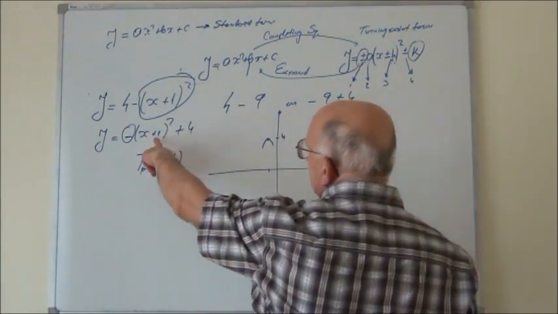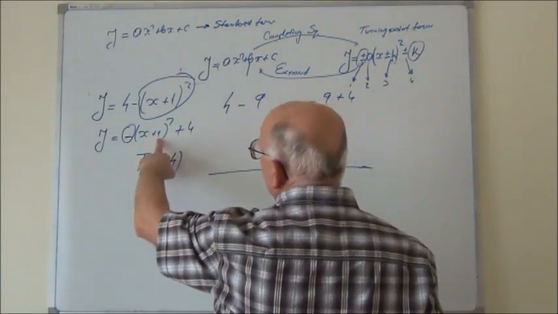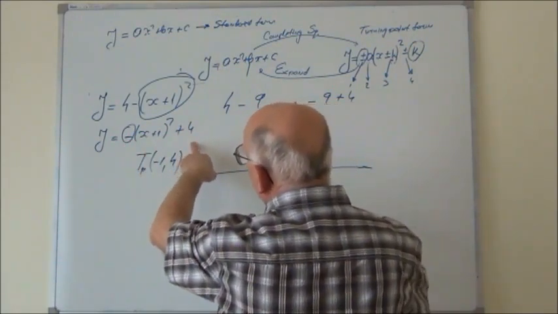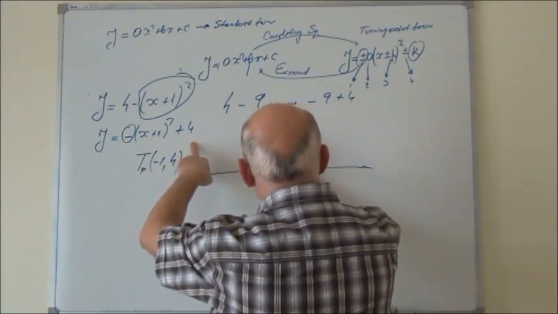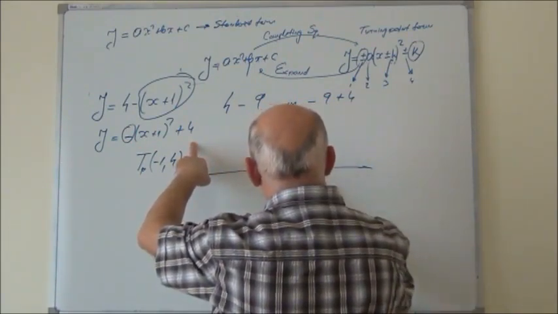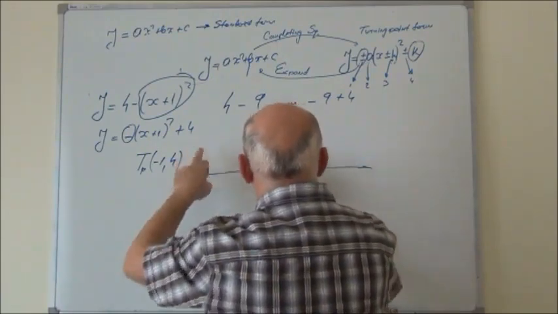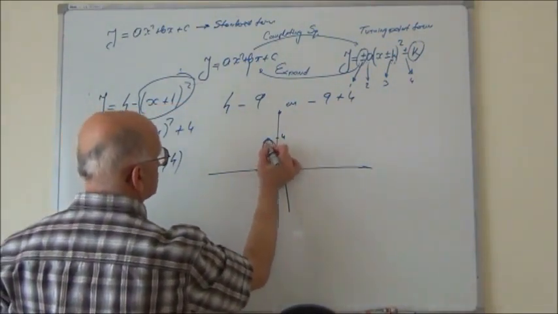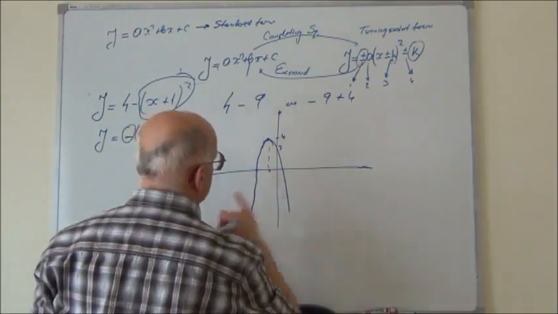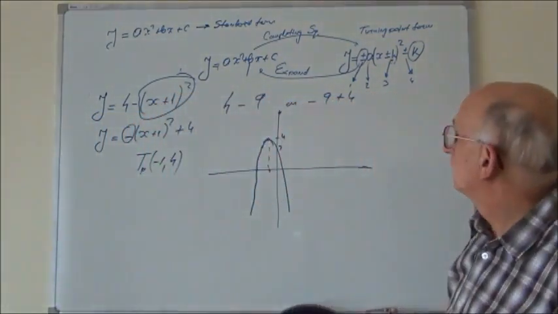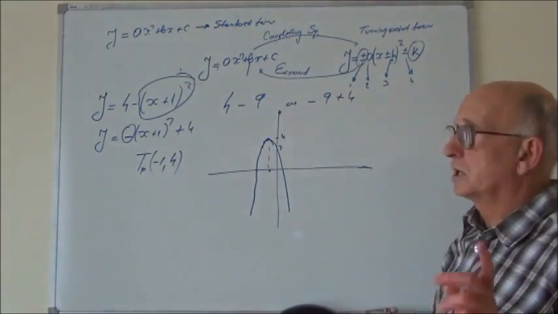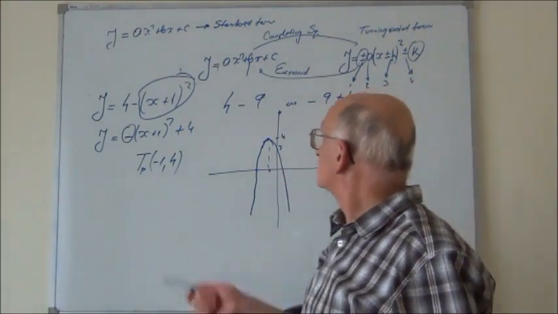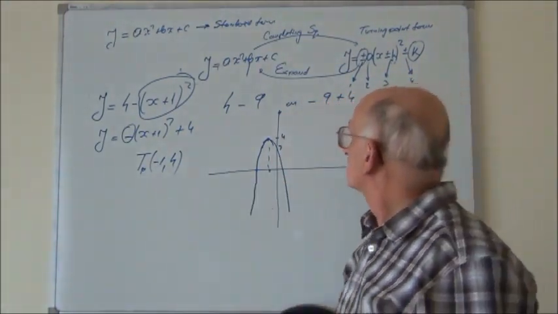Again, if you would like to calculate the y-intercept, it will be x equals 0, so 1 minus 1 plus 4 will be 3. So the parabola will pass through the point 3, and of course the same distance on the other side will intersect the x-axis. We are not finding x and y intercepts in this graph. The y-intercept maybe occasionally, but not the x-intercept, because it will involve